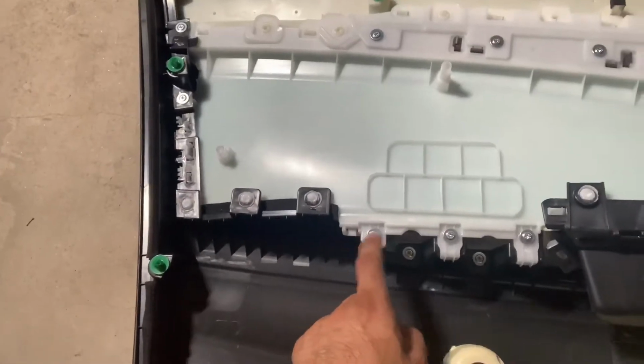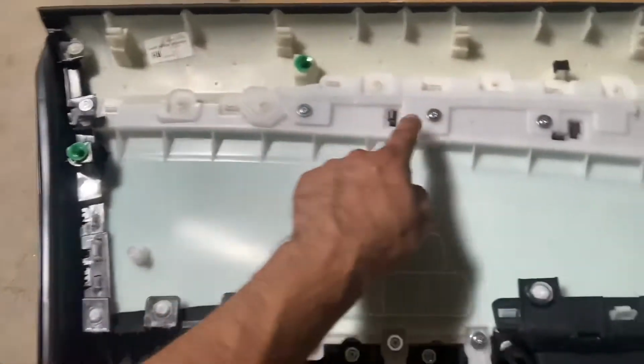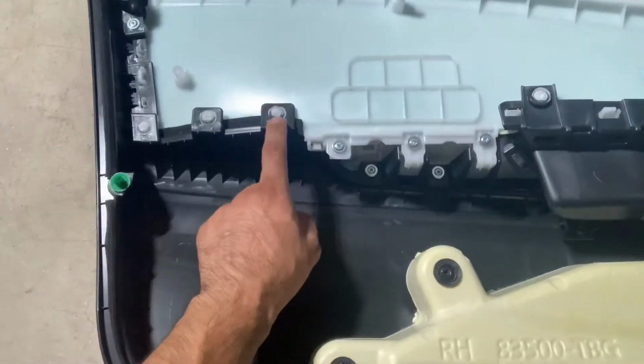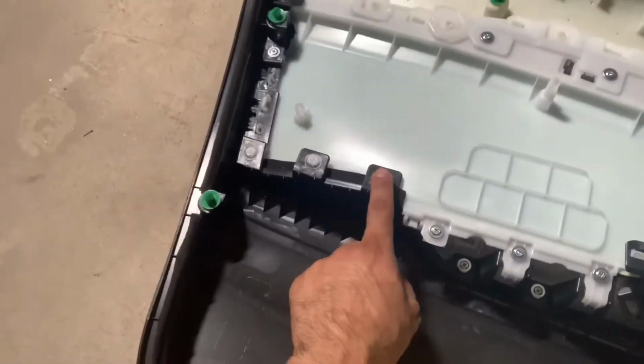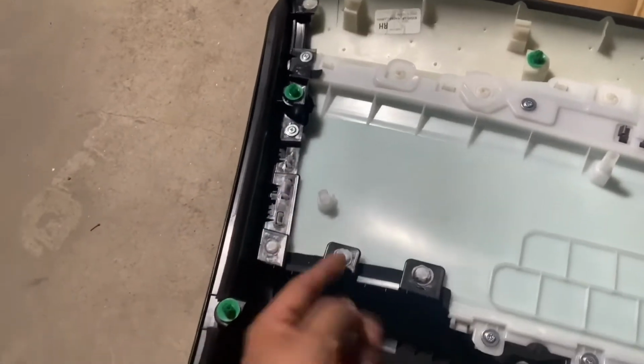So we're gonna have to remove pretty much all these screws right here. I'll go ahead and start with those. And also we're gonna need a Dremel, or maybe something to heat up this right here, because you're gonna want to melt it or just cut it off